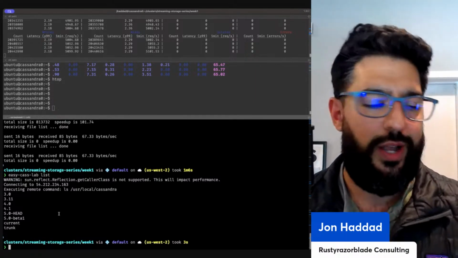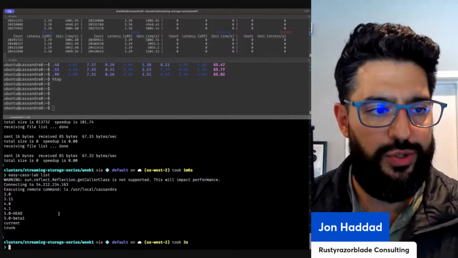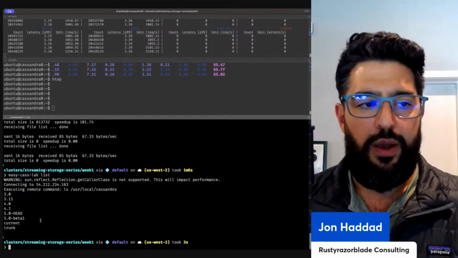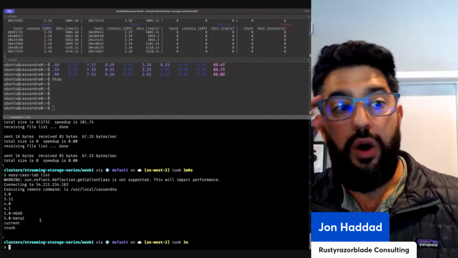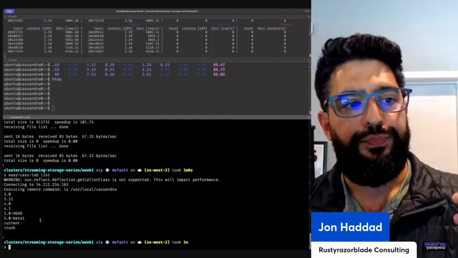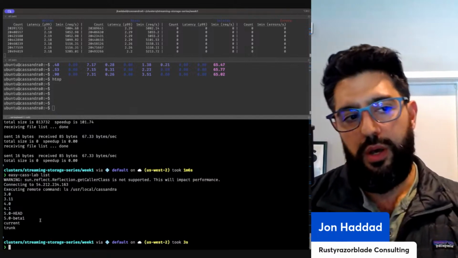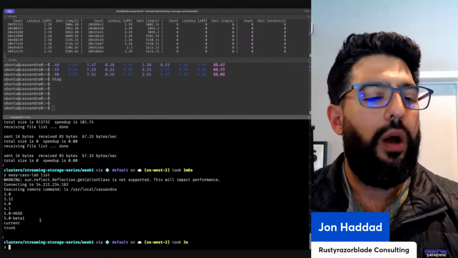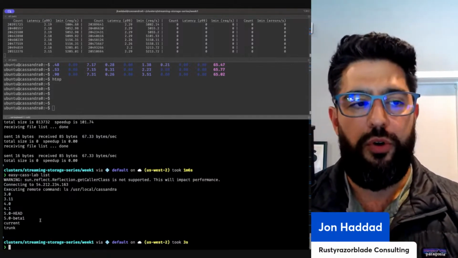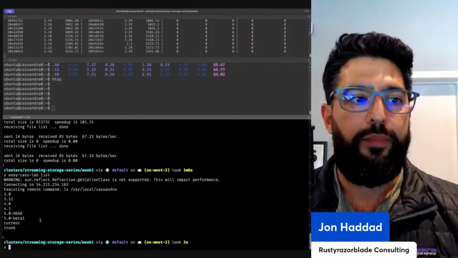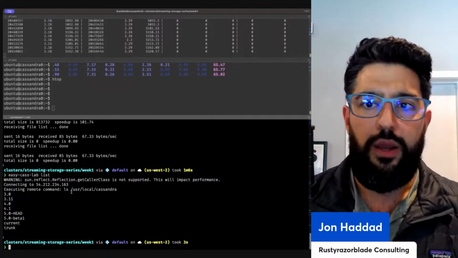So for me, it's really exciting. I'm like, yeah, let's just try out the newest stuff, see what happens. But if you have a branch, if you're like, oh man, I have this really cool optimization, you clone the Cassandra repo. It's on GitHub. Make changes, push it up into your own branch, and then you can build your AMI